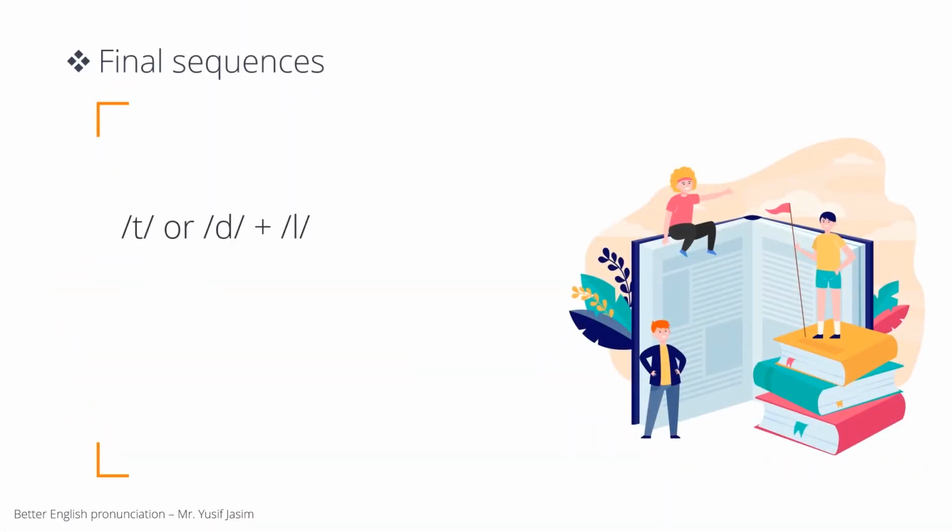The third type of final consonant sequences is t or d plus l. T and d are made with the tongue tip on the alveolar ridge and the sides of the tongue firmly touching the sides of the palate. L is made with the tongue tip touching the alveolar ridge but the sides of the tongue away from the sides of the palate, so that the breath passes out laterally. The simplest way to go from t or d to l is to leave the tongue tip on the alveolar ridge and only lower the sides, and that's what we do. It's called lateral explosion that we have explained in the previous videos, as in middle and little.